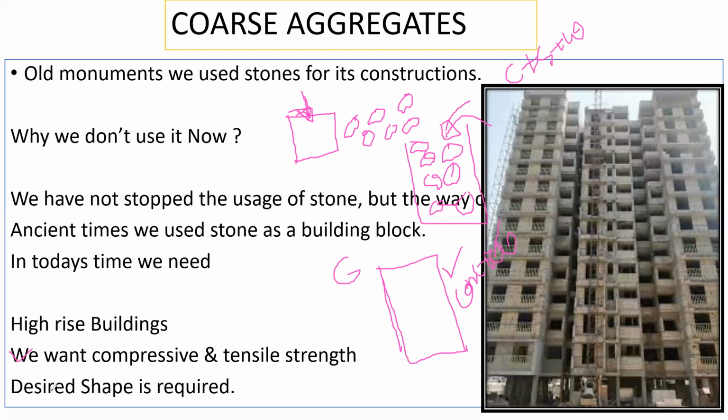Again, the desired shape is required. Like I wanted to put a shape something like this. With the help of this container, I've prepared a shape in this way. Let us say I want to prepare a circular shape in this way. Okay, let me do it here. So I can prepare a circular shape of the concrete in this way.